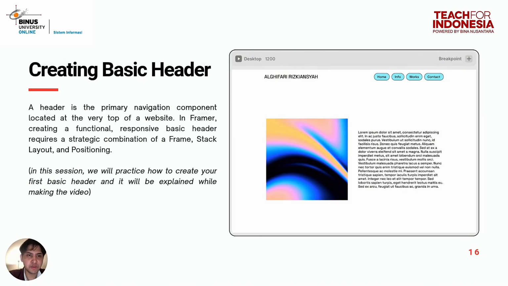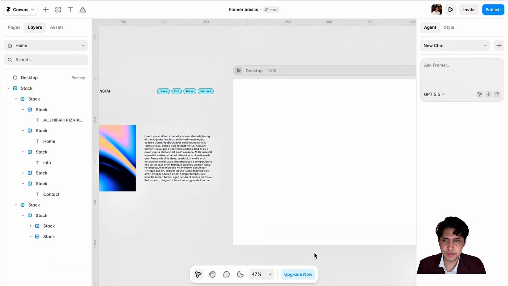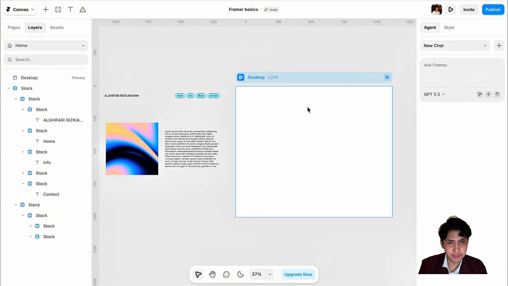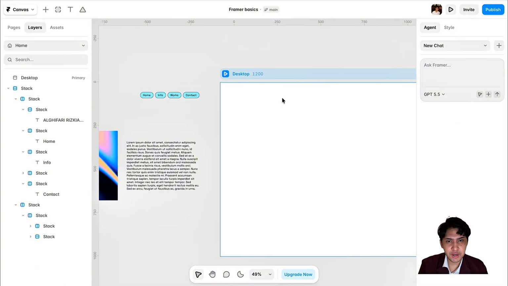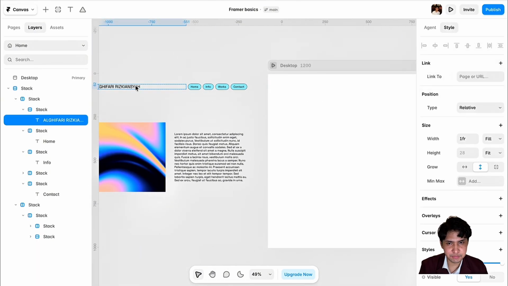Creating a basic header. A header is the primary navigation component located at the very start of a website. In Framer, creating a functional, responsive basic header requires a strategic combination of a frame, stack, layout, and positioning. In this session, we will practice how to create your first basic header. So basically, Framer is a box in a box in a box in a box. So we have contents and a blank canvas. What you have to do first is, let's put the text here,